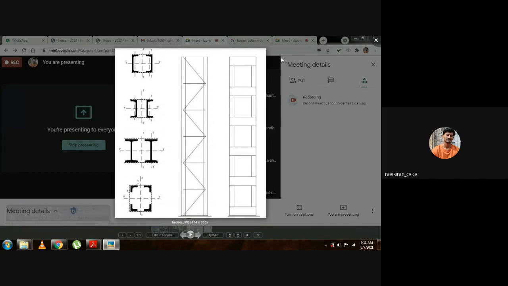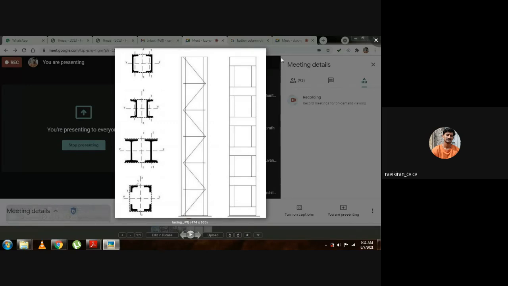Basically, lacings are flat or angle sections, normally used as lacings. Usually, the lacings are connected to the main members with a single bolt at the end. Rarely, sometimes two bolts are used. But it is not required as the stresses produced in that particular corner are very small. The lacings are designed as compression members and then checked for tension also.